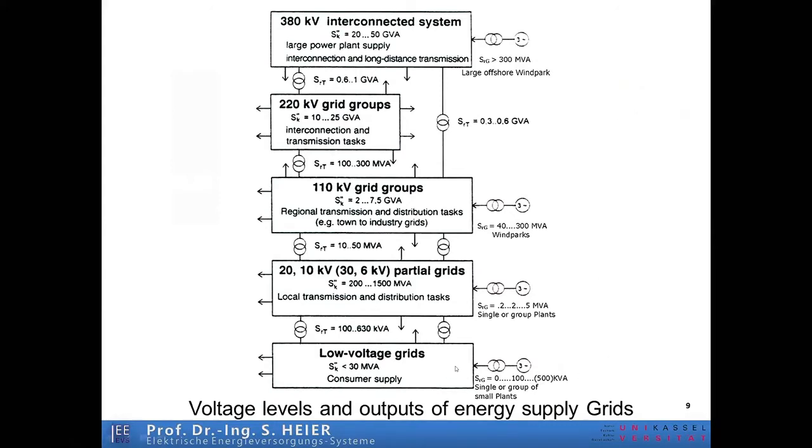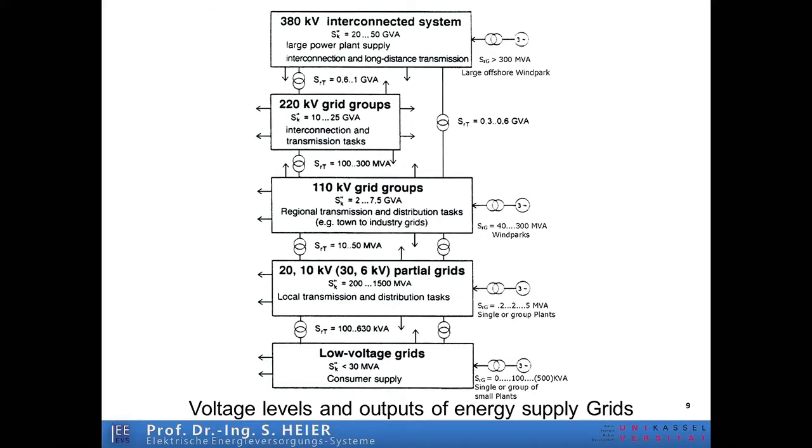In the low voltage level, we can integrate only very small wind turbines. In the medium voltage level, about 20 kilovolt, 30 kilovolt, we can integrate single turbines, plants, and some plants when you have about 1,000 megavolt ampere short circuit power. You can integrate about 100 megawatt in this level. It means about 10%, but this is a very high